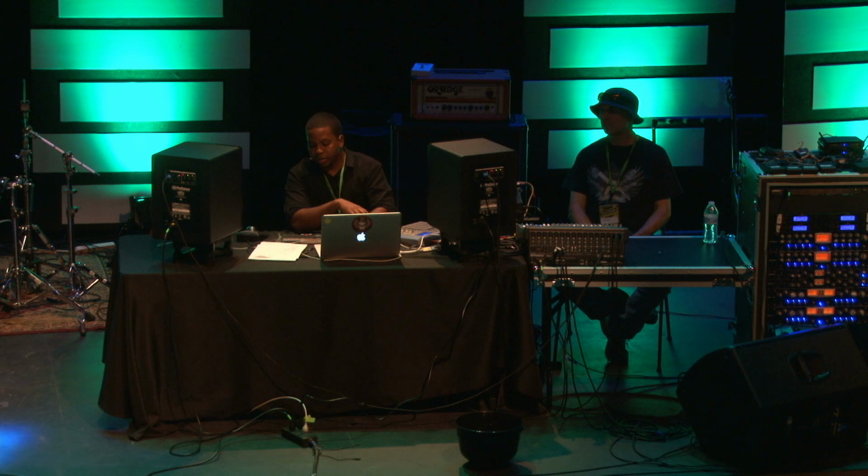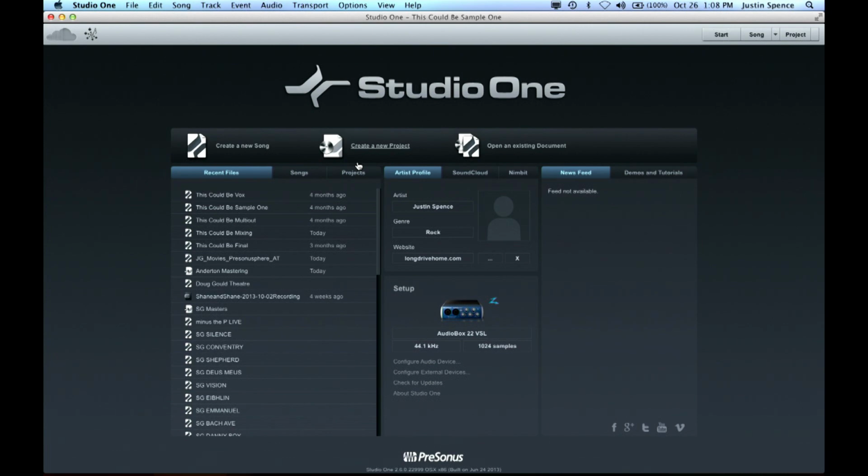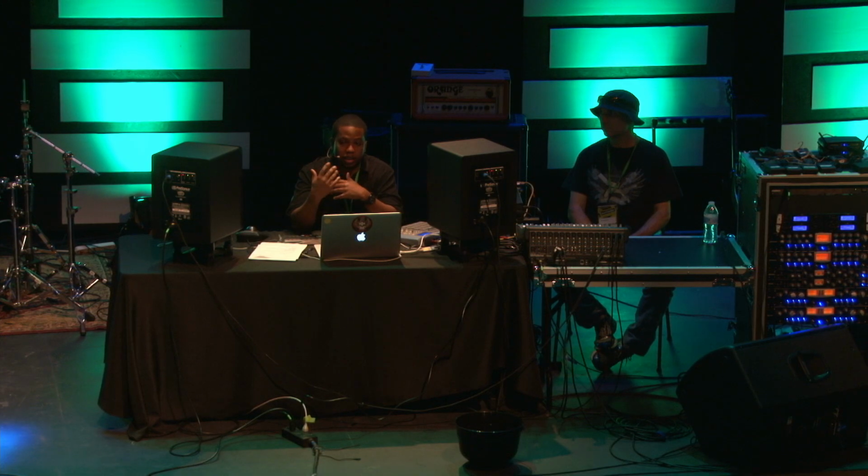So first off, I have a blank slate here. I'm at the Studio One start screen, all right? Basically, when I sit down in my studio, I try to get inspiration from something. I want to figure out, well, how do I start? What am I going after? Now, this may be something I hear in my head, maybe a tune, a melody, or a beat. Maybe it's a sample I heard that I thought was dope and wanted to work with and do something with